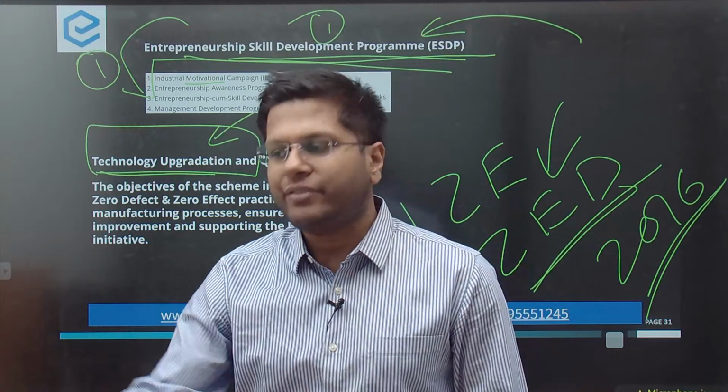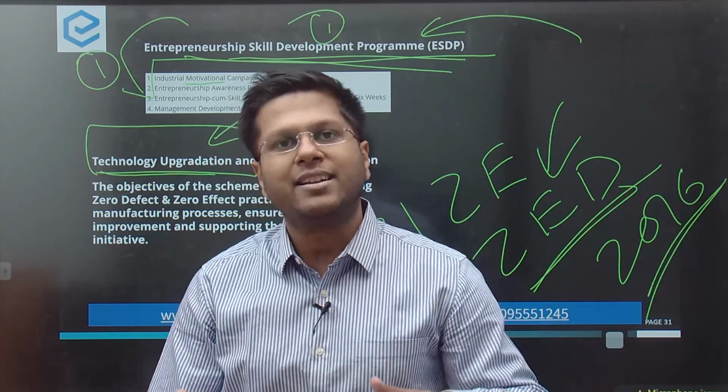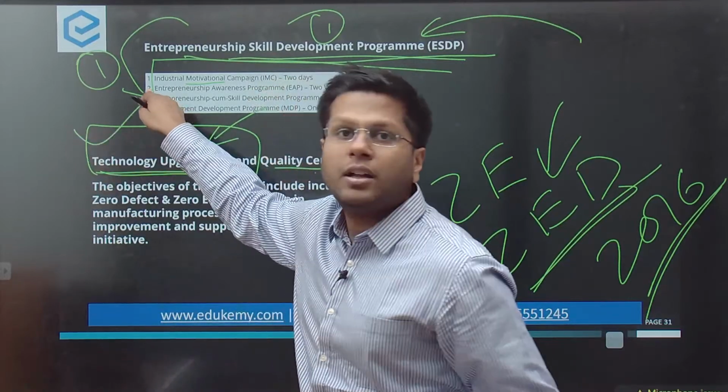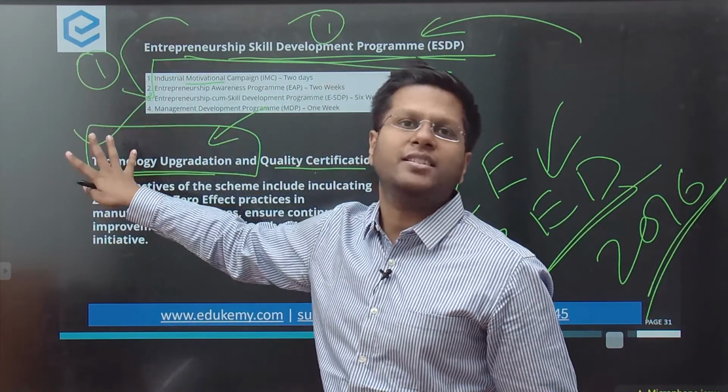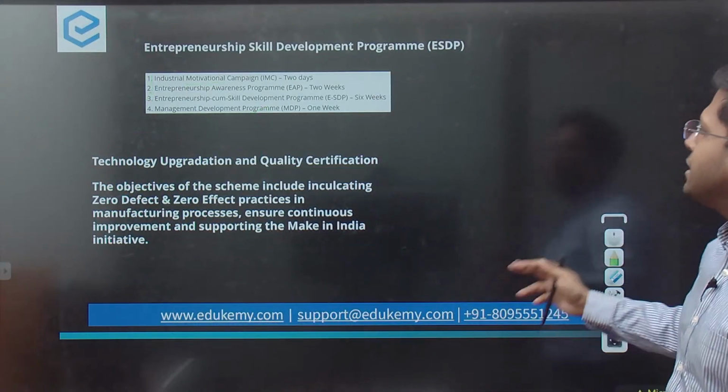If the working of the hand loom is not proper, we need power to be introduced so that people do not have to work with hands. This is technology upgradation. Who will fund this? RAM will fund this, right? So this is how RAM will work at various levels to fund products.